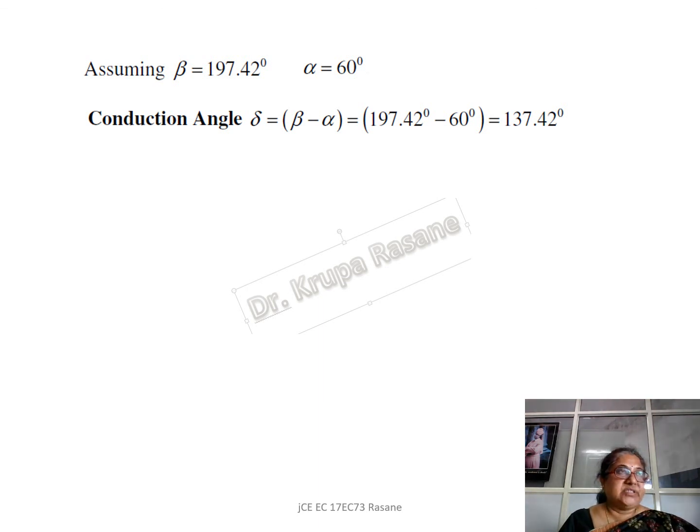Okay. So first we will try to get the maximum range of beta. It has to be from 180 to whatever the maximum value you have evaluated. And then between these values, try to get a value where the left hand side is matching with the right hand side. And then you stop at a particular iteration value. And then you calculate the conduction angle, which is equal to beta minus alpha, and that would be the conduction angle of that particular thyristor.